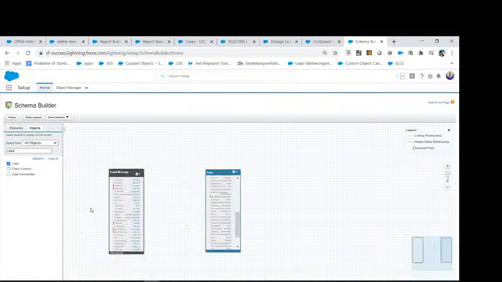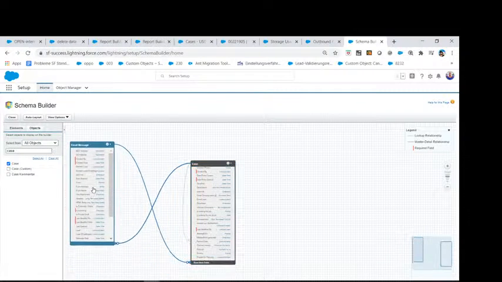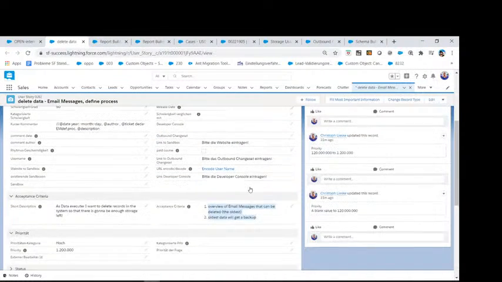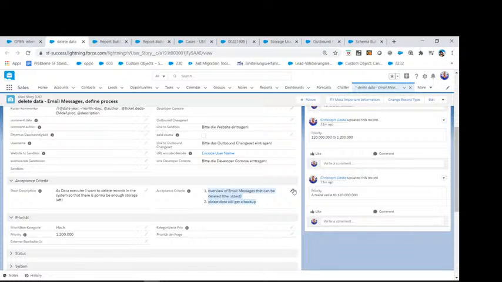Let me see. It's gonna be here. Let me see. We have a parent case and also the related to. Okay, we have two relations to the case. Yeah? But I would summarize the tool a little bit. It would become a general tool, and so we go for the acceptance criteria for sure.